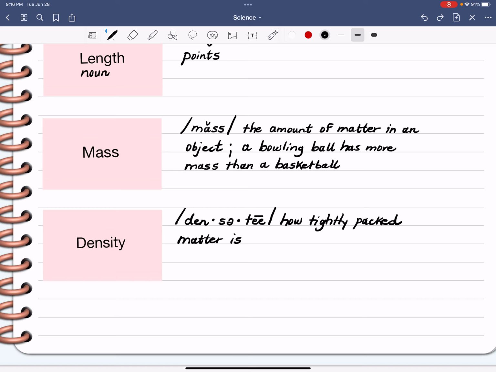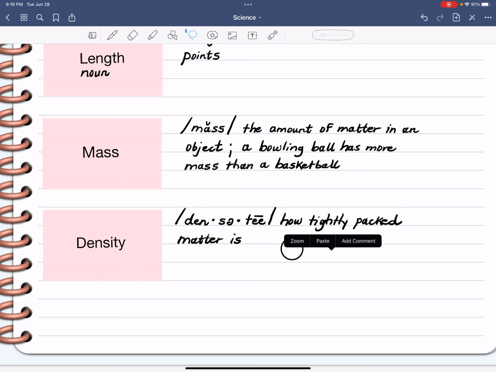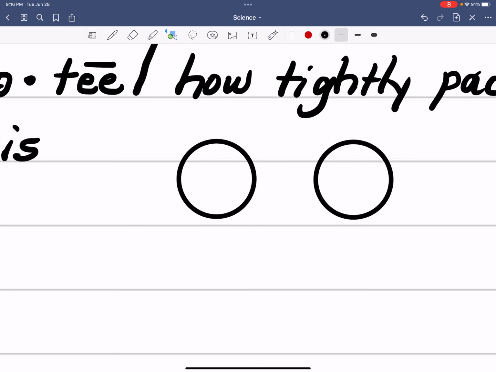So for example, and I would go ahead and draw this on your card just so you remember. Let's think about the density of that basketball, and then right beside it, the bowling ball. So inside the basketball, we have air molecules. The basketball's filled with air. Now, remember, with air, that's a gas. So the molecules are moving around. They're not very tightly packed. But in the bowling ball,